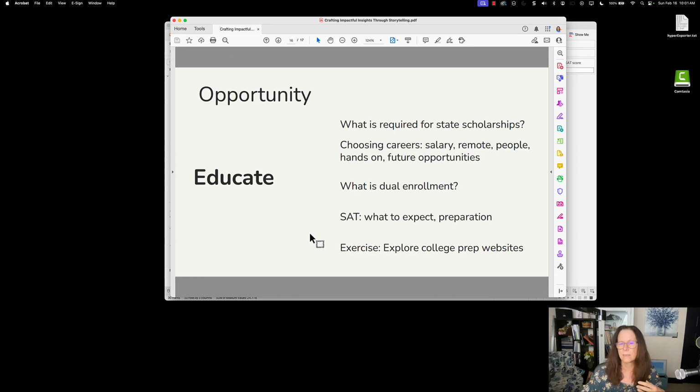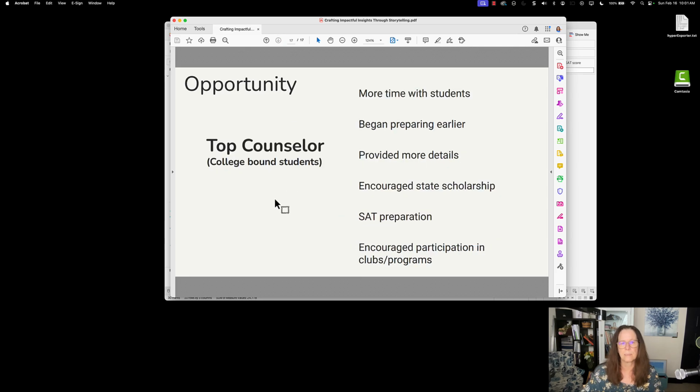So these are not things that I could necessarily put into a data worksheet, a dashboard, or anything like that. But this is information that I did gather that could be part of my story. And then, of course, the other one is specifically related to counselors. It seemed pretty obvious that spending more time with the students made a difference. Engaging them earlier seemed to really help their ability to get that scholarship and improve their SAT scores.